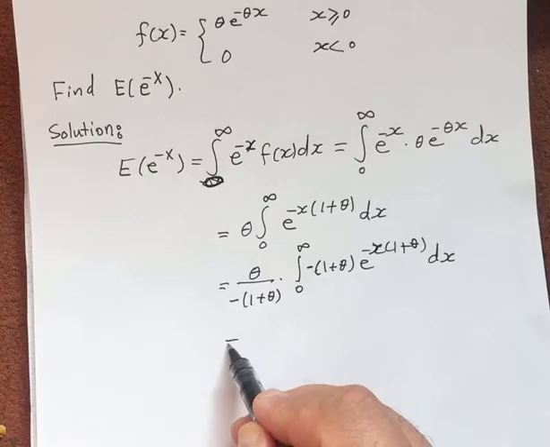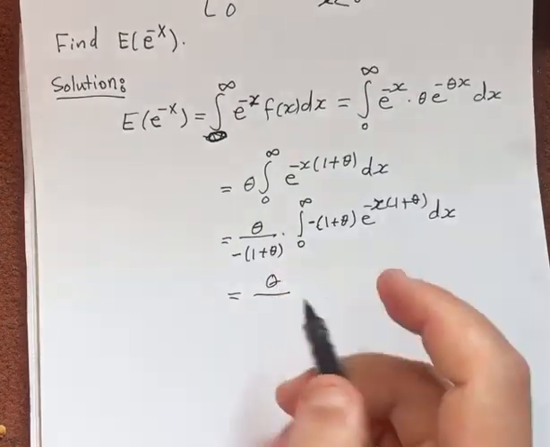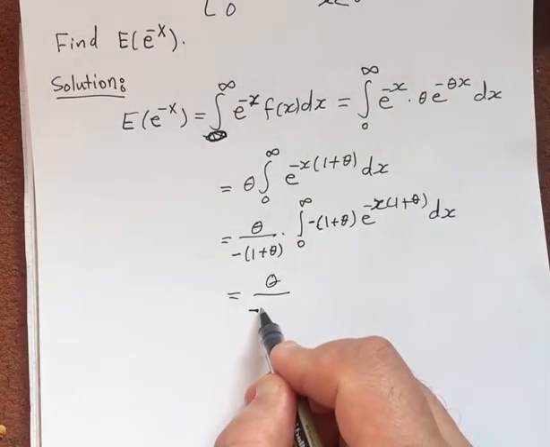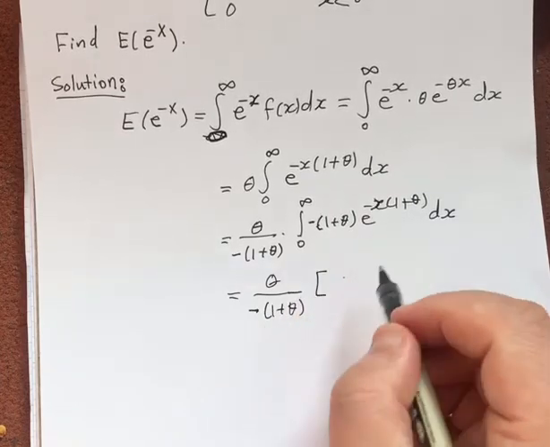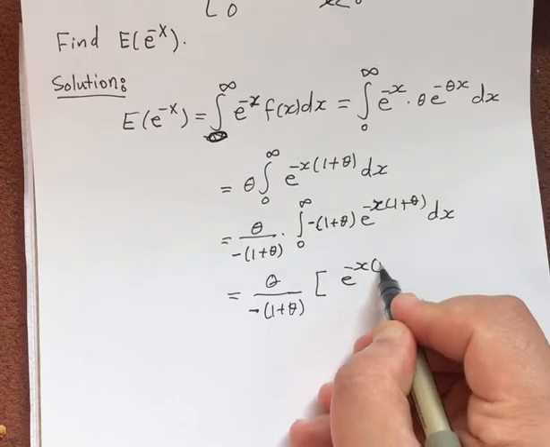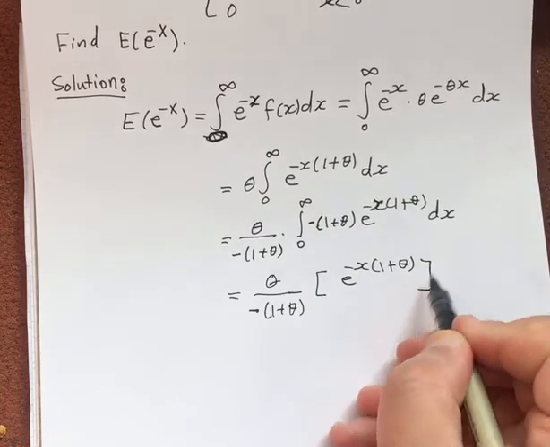Then we've got theta over minus 1 plus theta, times e to minus x times 1 plus theta,